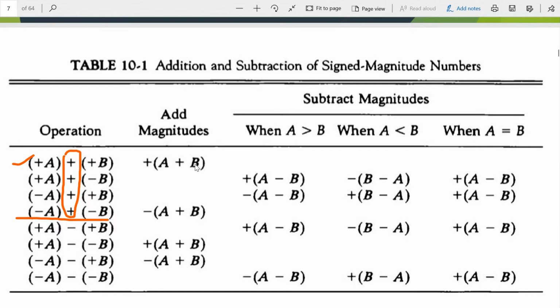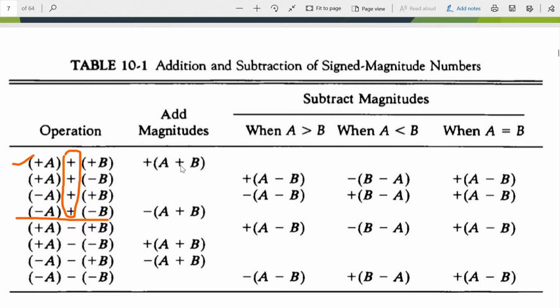In this case, the first one, both are positive numbers, and we are going to perform the addition operation using both numbers. So the add magnitudes representation is like this: A plus B, positive numbers. We are going to add these two numbers. The output is also a positive number because there is no negative number. We are combining positive A and positive B, so after execution we observe a positive number. The overall number is positive, and we perform the addition operation.